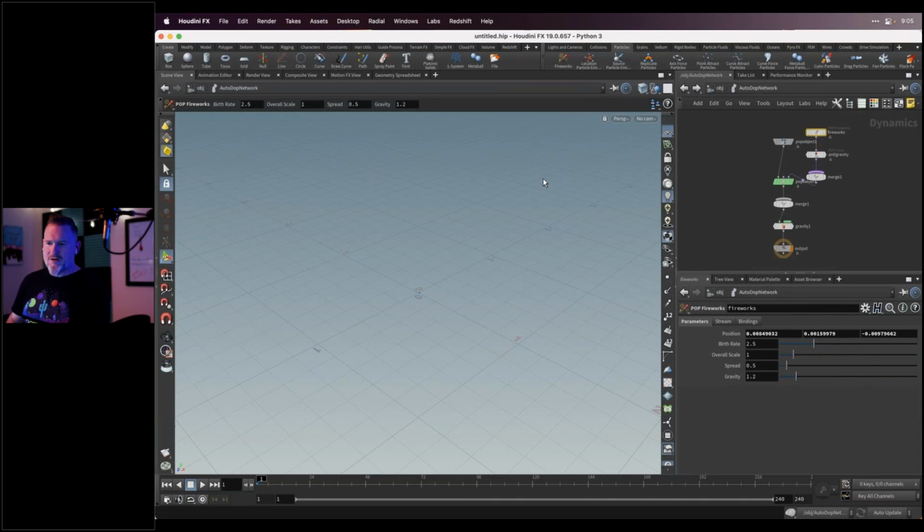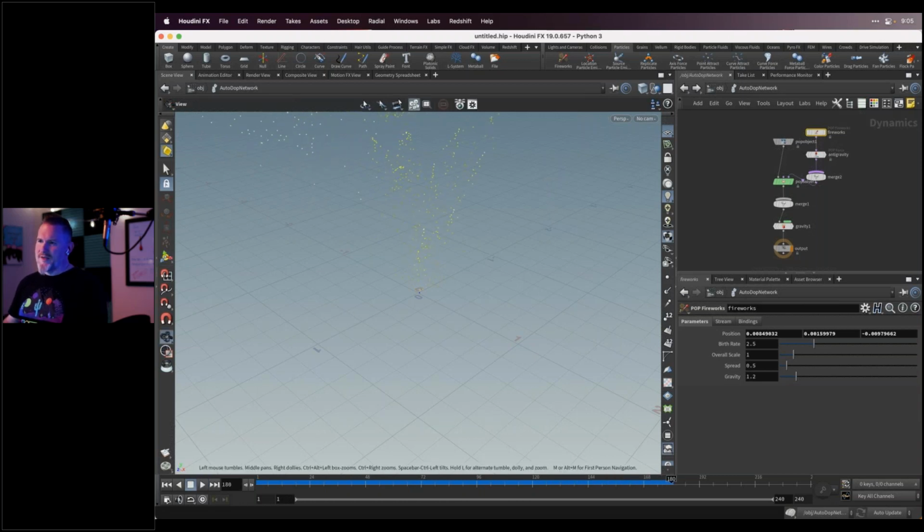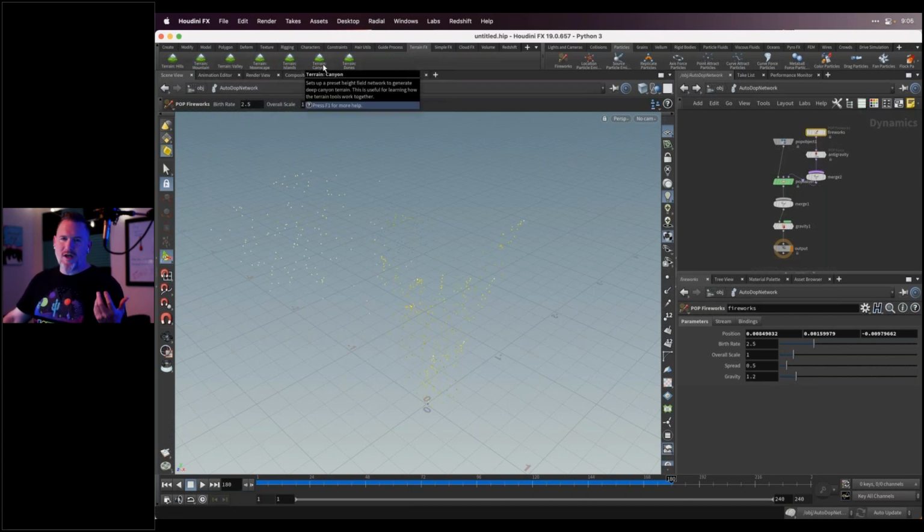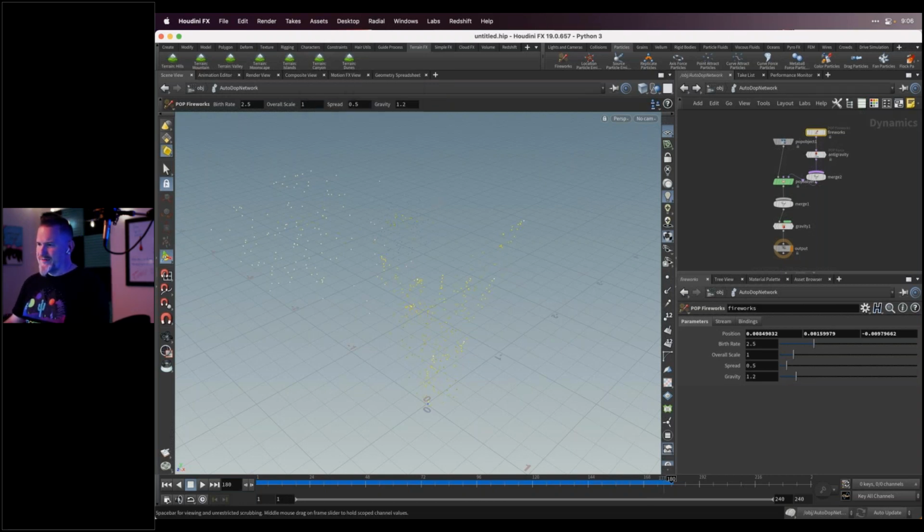Then if I press the up arrow to play this, you can see that we have fireworks in our scene now. So they're exploding. A lot of these presets are jumping off points, and a lot of them can be great complete things. Like if I go to terrain effects on the left side, there's canyons that we can add. There's a moonscape, there's dunes, there's all kinds of really great terrain tools in Houdini as well. So here we have some fireworks to play with.